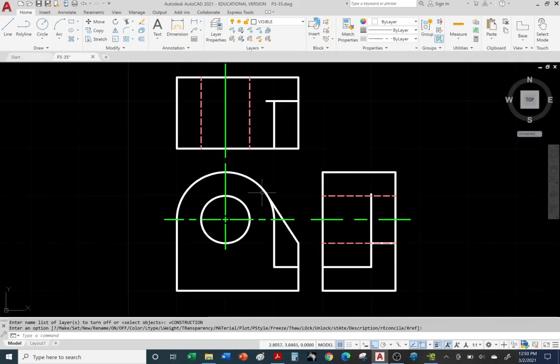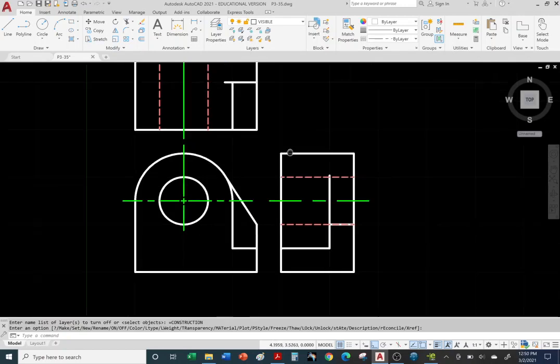Okay, so once again, do not use green center lines going from one view to another. You cannot use one going all the way across. They have to be kept separate. I just did a poor job of providing enough space in between the views. All right, so by the way,